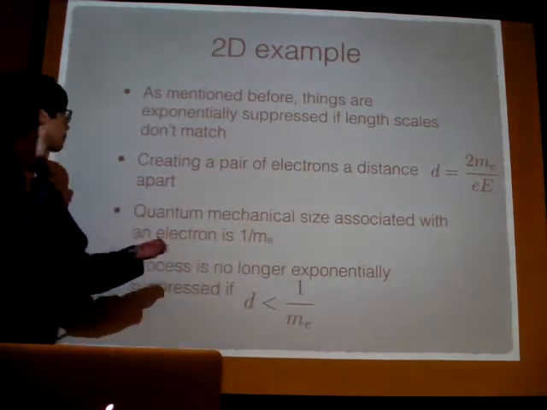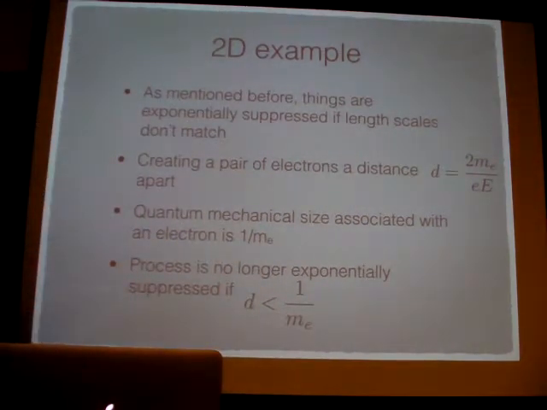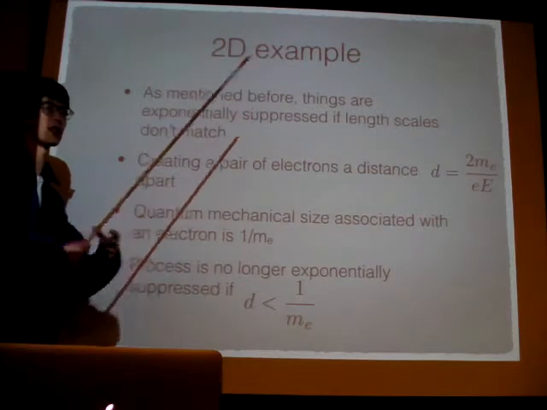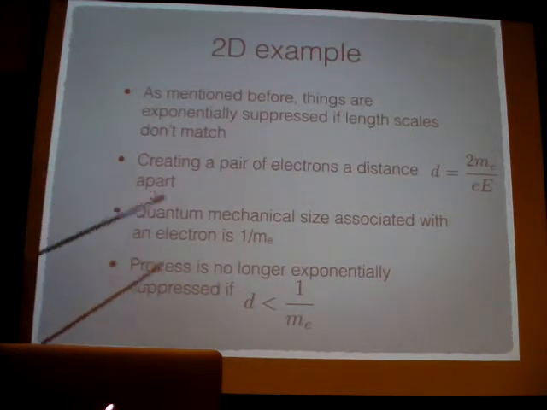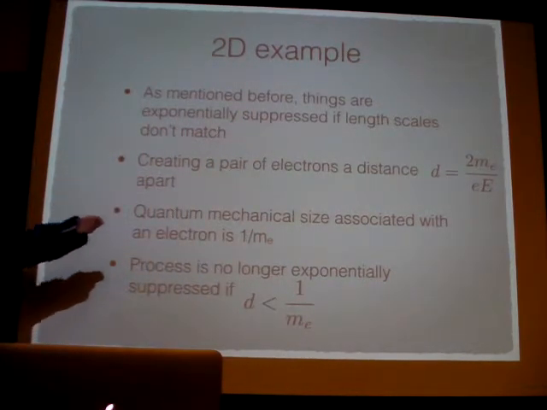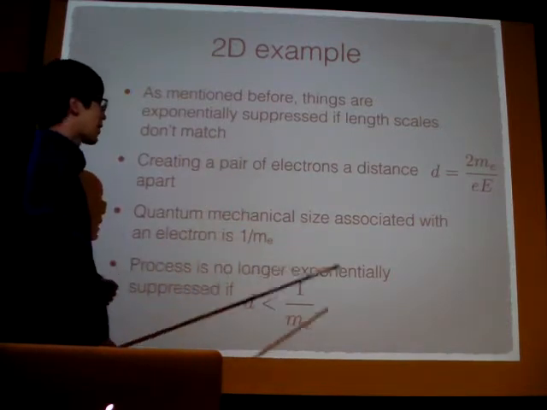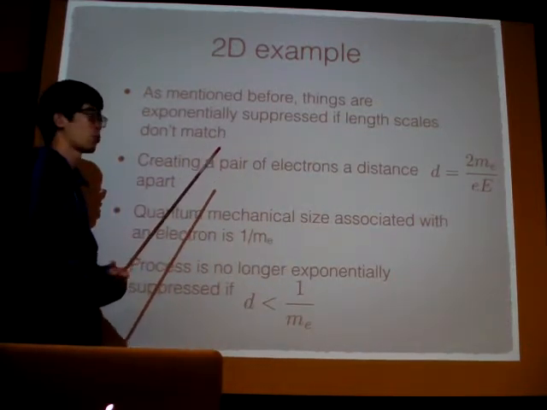But what is the quantum mechanical fuzziness associated with the electron? They're being produced at rest, so the quantum mechanical fuzz associated with the size of an electron is just 1 over m. So you can guess then, if you just had to naively guess what would be the answer of Schwinger pair production,